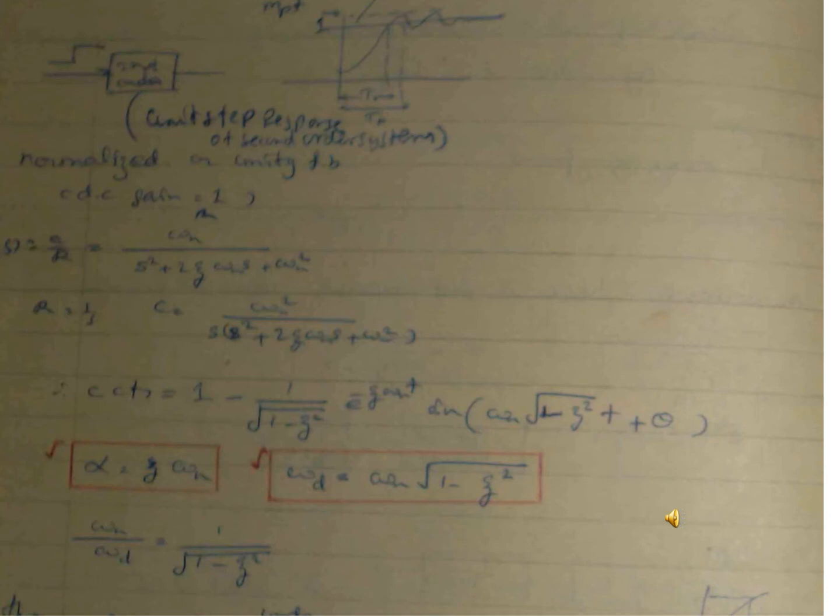Now, for the closed loop circuit, the time domain equation is: C of t equals 1 minus 1 divided by the square root of 1 minus zeta squared, e to the power minus zeta omega n t, sine of omega n multiplied by the square root of 1 minus zeta squared